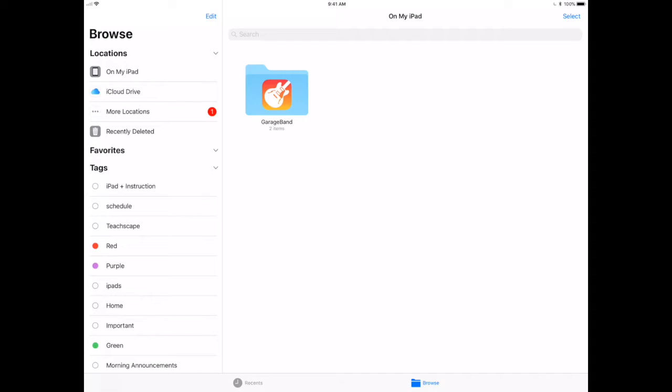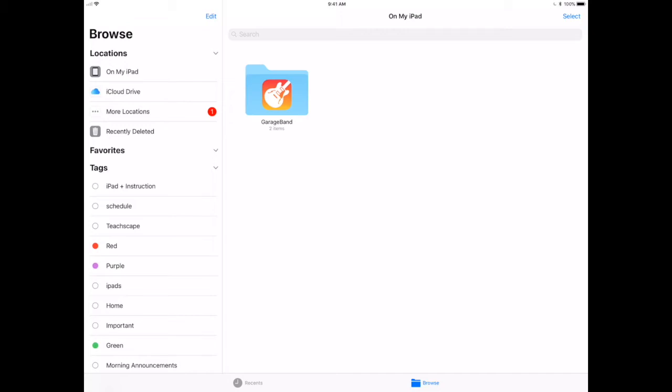You can also see recently deleted, so if you've deleted a file recently out of Pages or another location that is built in on the iPad as a file location, you could see that. You can also add tags to any document, and that way you could search a tag within your iPad, and you can also add some favorites if you would like just by favoriting the document within that.